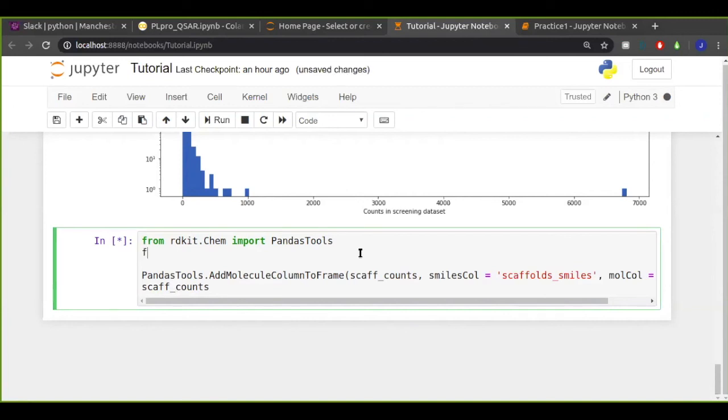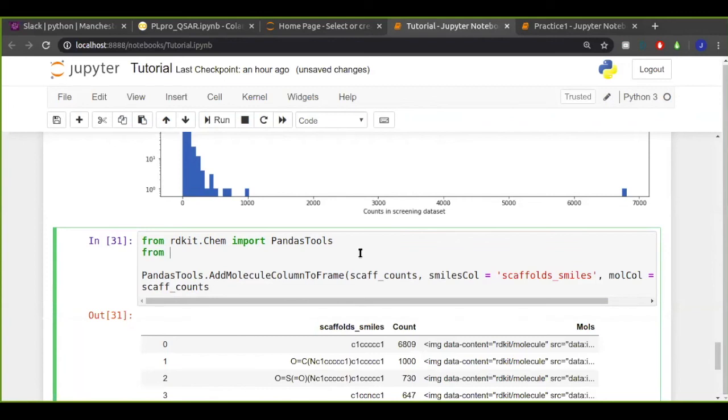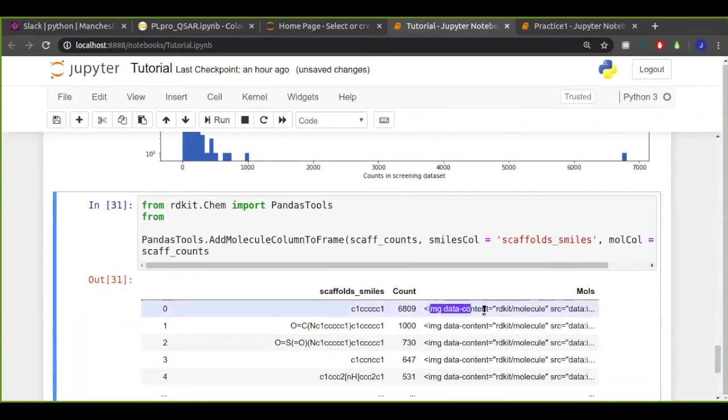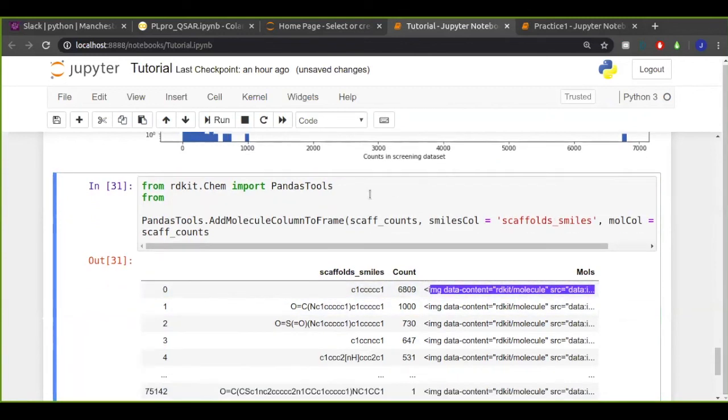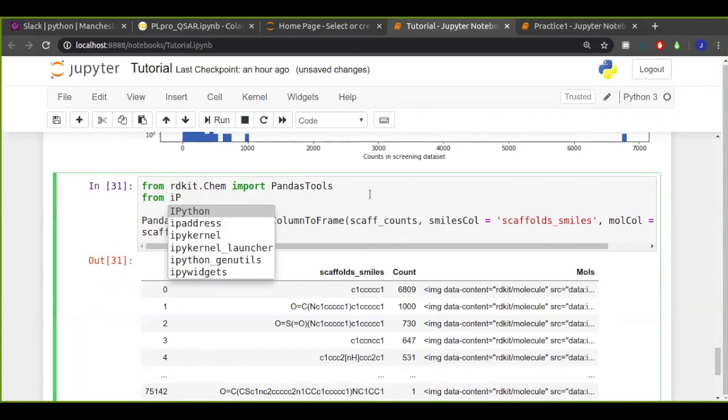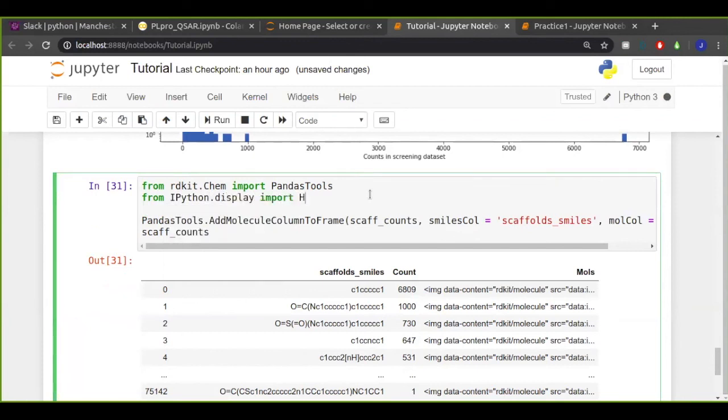So briefly, I'm going to do that now. Yeah, you can see in this new mols column, it has an HTML link to where the molecule should be. So let's have it render that link from IPython.display import HTML. Okay.